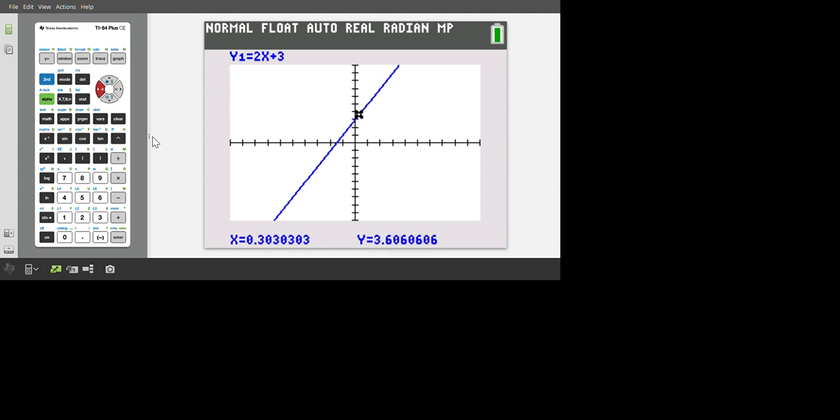I don't use the trace option very often, but you can obviously see your y-intercept here is 0, 3. But the trace function here does allow you to trace your entire line to look for points on your line. It's not overly efficient,